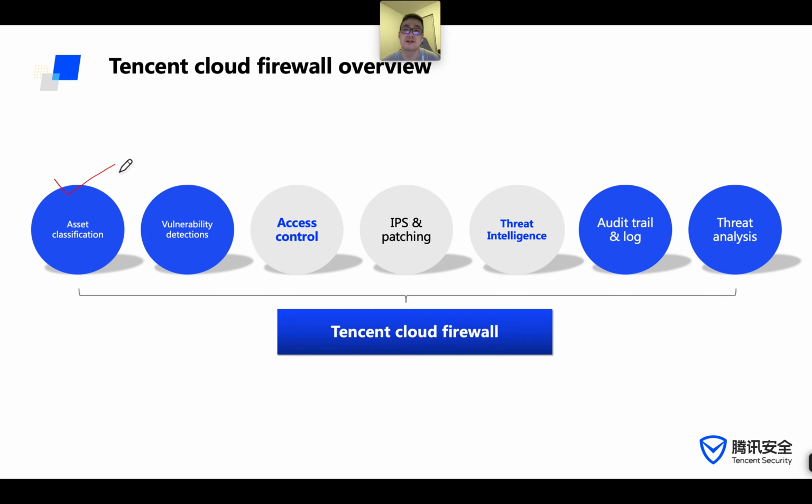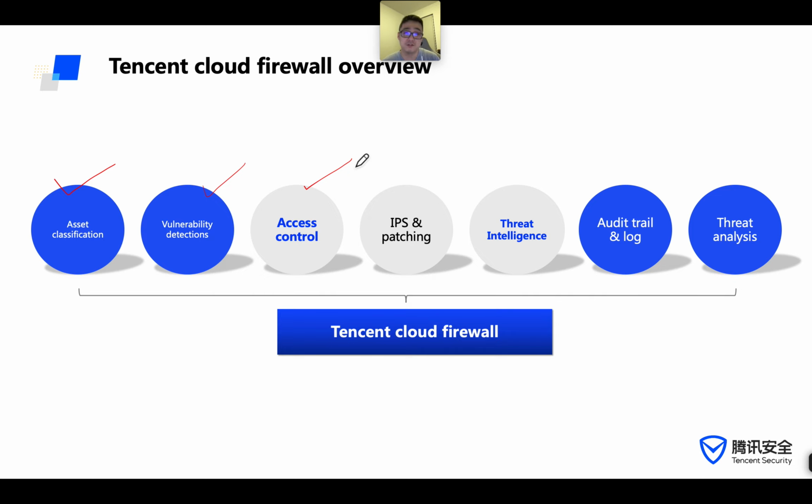So first is asset identification or classification. From the network perspective, we know what kind of assets have internet access, what kind of assets don't have internet access but have access within the VPC, or those assets that are only allowed private access, right? And also from the network perspective, we're going to tell you what kind of vulnerabilities your network already has, and also the access control, right? East, west, north, south, fine-grained access control can be deployed by the cloud firewall,